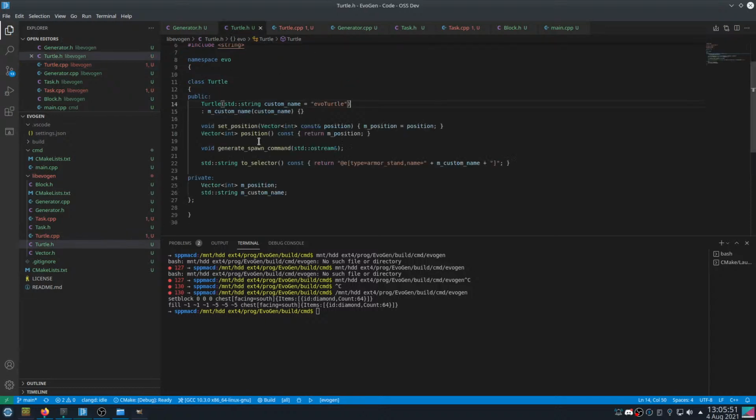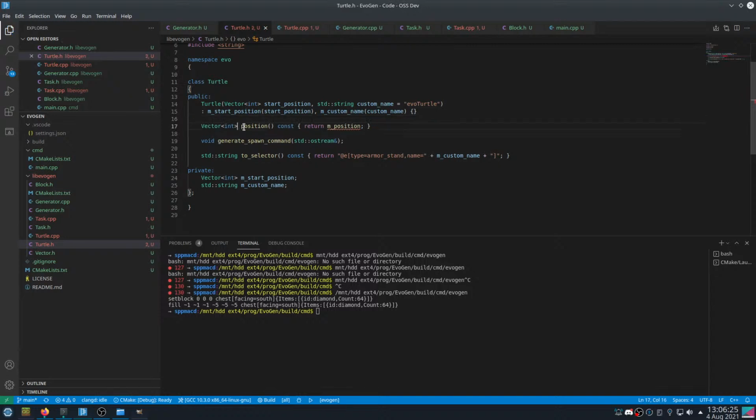Probably that position will be set. That will be just start position. Start position, yeah. We cannot change that position, or we can change that position, but it will be tracked by Minecraft itself. We don't care about it for now here. We'll care when we'll have that optimization, which